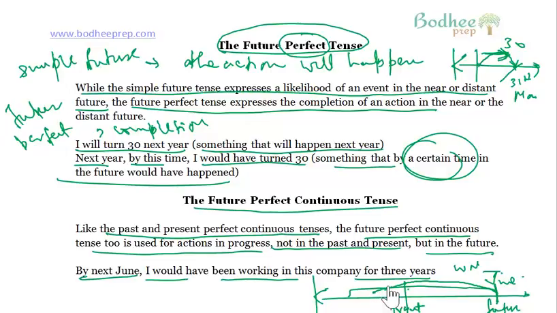This is a difficult and rare tense. It's very uncommon. We don't use it quite frequently, and that's why it might seem very awkward to us. So you will say that tomorrow at this time, we would have been studying in this institute for almost 3 years, right? So this is the future perfect continuous tense, seldom used in general conversation or writing.